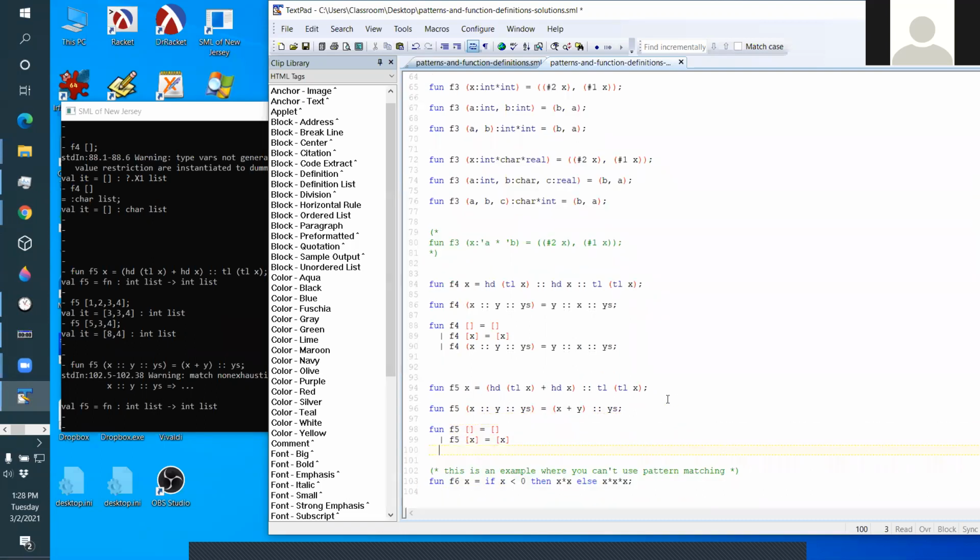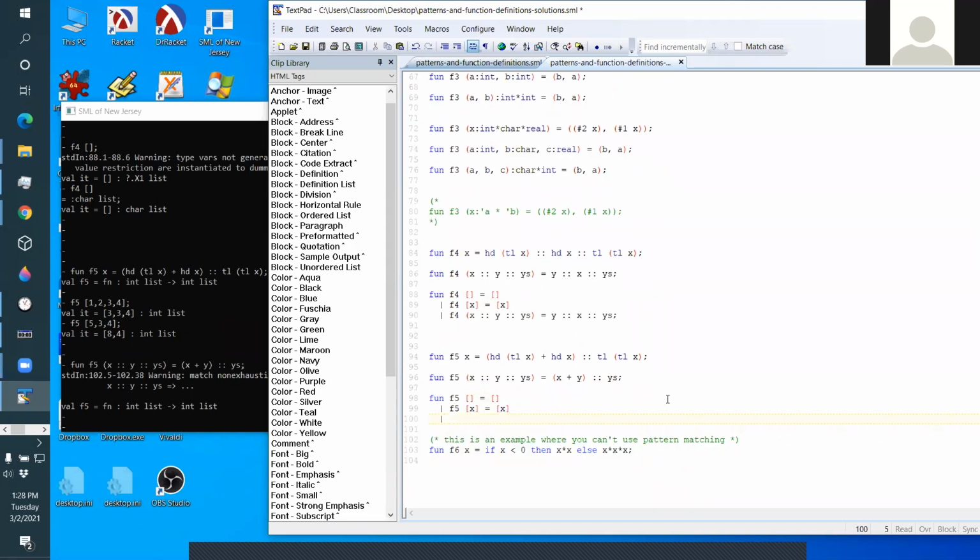And then the last case, which is the F5 of, now I have to switch to real pattern matching. I have to switch to the constructor version. An X in front of a Y in front of the rest of the list is the X plus the Y added to the rest of the list. Okay,